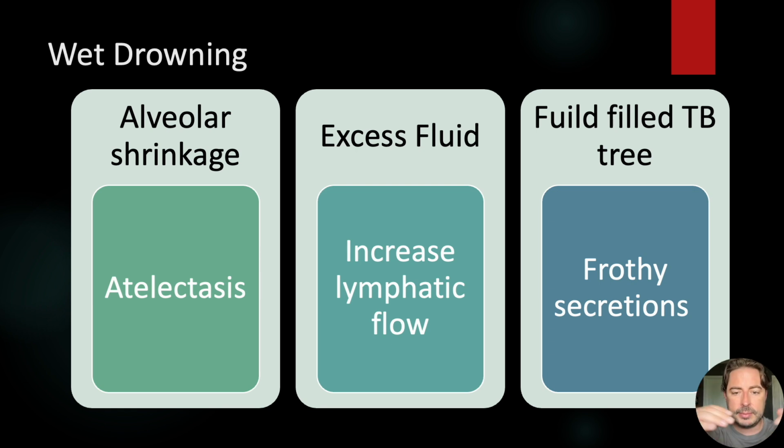Well, what is the system that it's used to help move and to eliminate all that extra fluid that's in the alveoli and the pulmonary capillaries? That's right, the lymphatic system. So the lymphatic system will start to increase the lymphatic flow and start to try to eliminate all of that extra fluid from the lung fields.